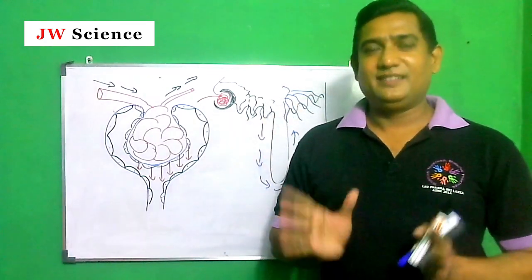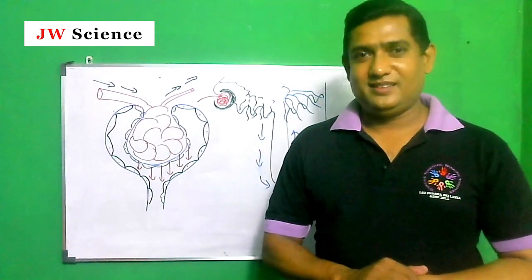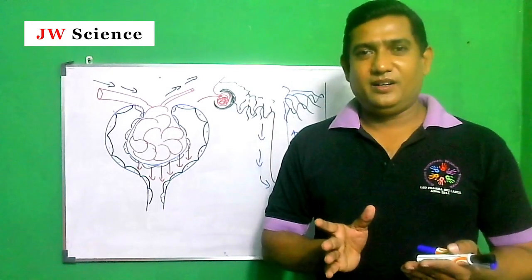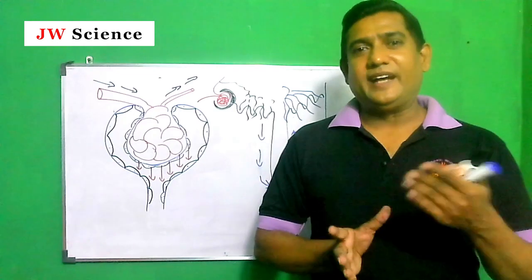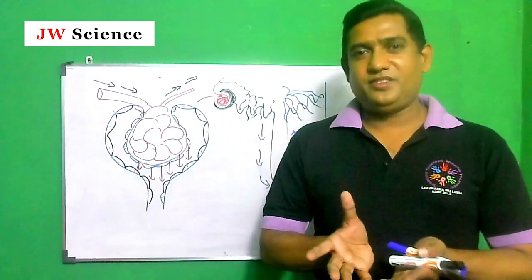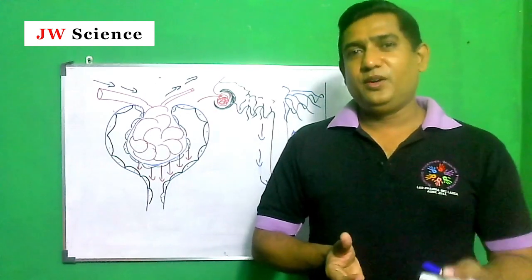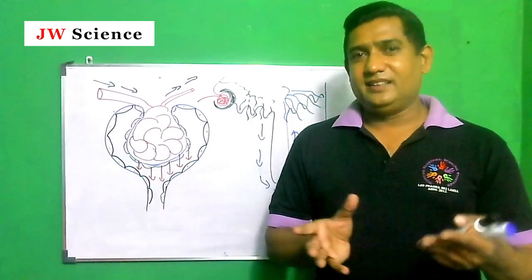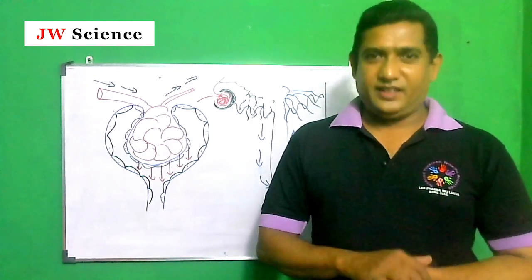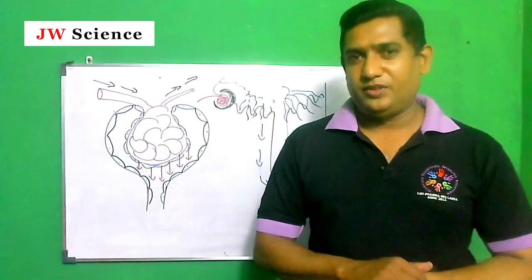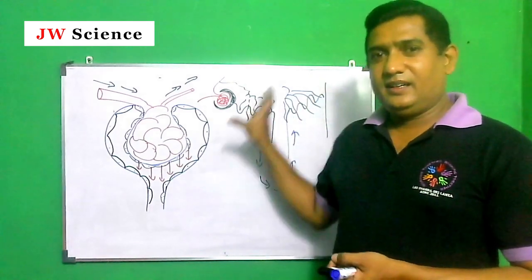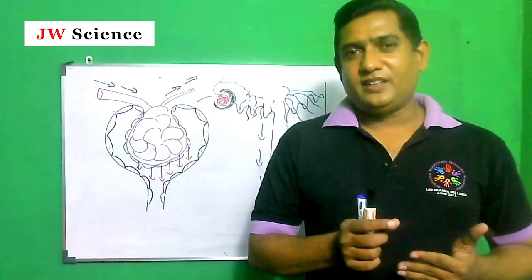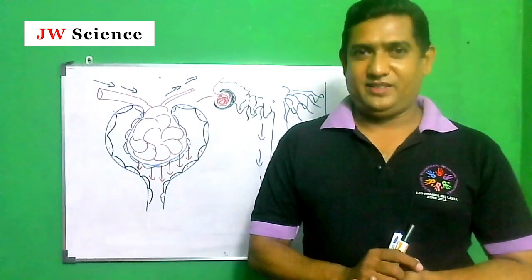Now we are going to see the composition of urine. The main constituent is water. Almost 96% of urine composition is water. You get salts around 2% and urea around 2%, and uric acid and other creatinine-like substances will be trace substances, negligible amounts, right? So this is the composition of urine, and up to now you know the anatomy of the urinary system and the steps of urine formation.